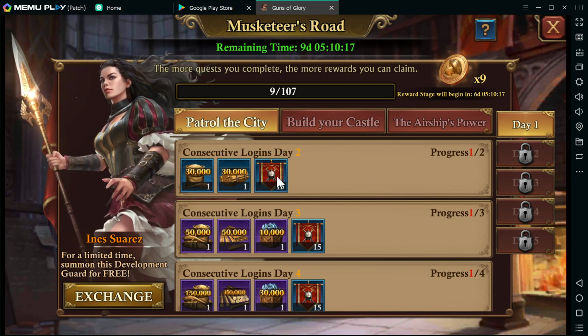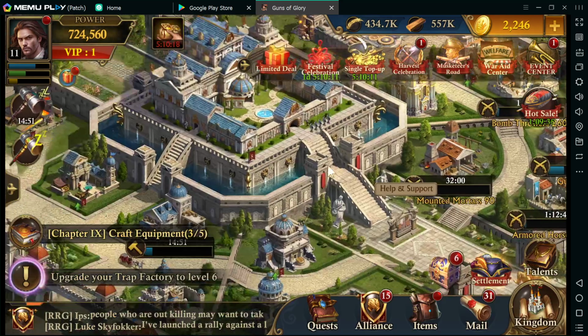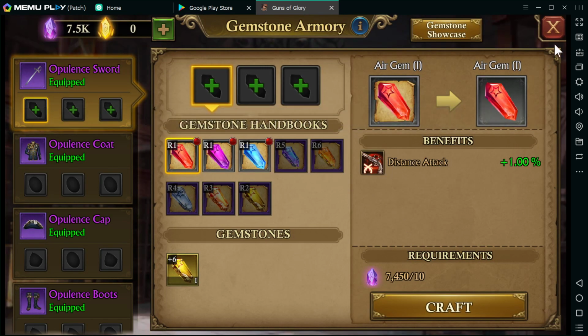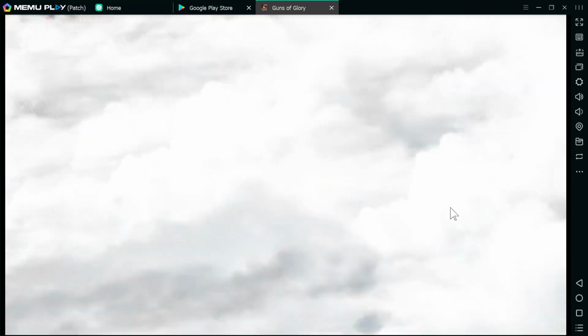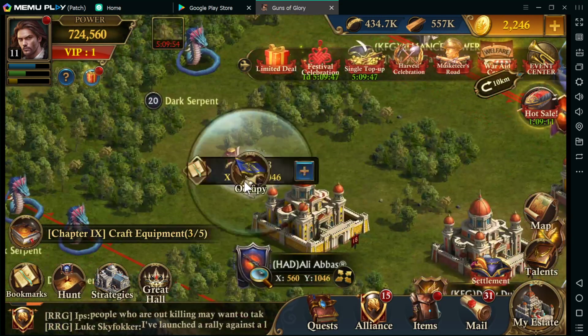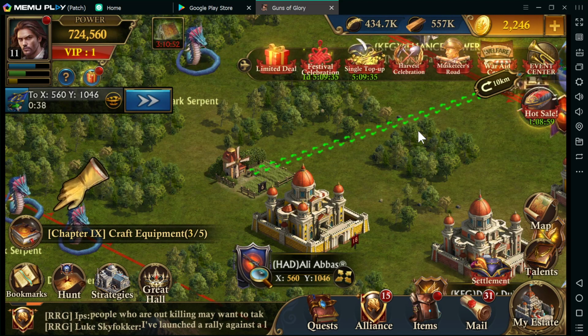Alright, so let's take a look where we're sitting here. We'll start cutting this one down. And we are recruit guards 4 times. Gather outside 5 times. Now, we're going to want to stick to the food. We'll get that march going because we're waiting on...